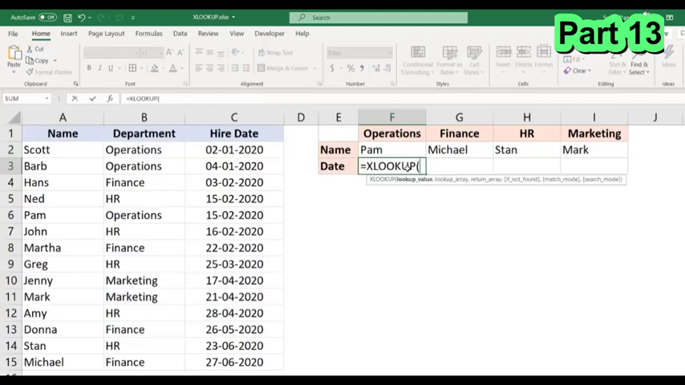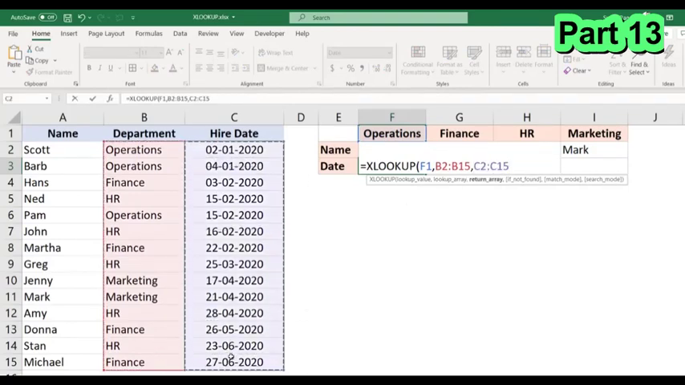So it would be XLOOKUP. This would be my lookup value. This is the department. The return array would be the hire date, and comma, comma, comma, -1, enter. And this gives me the right result. Again, let me